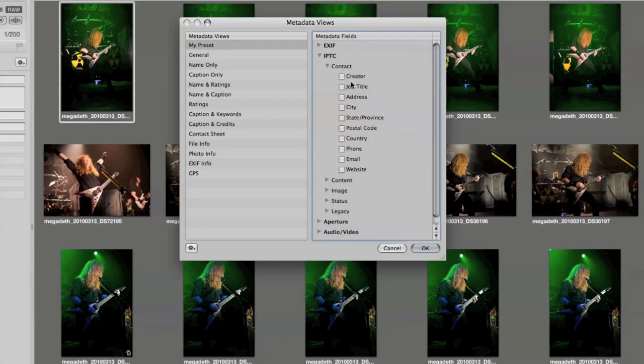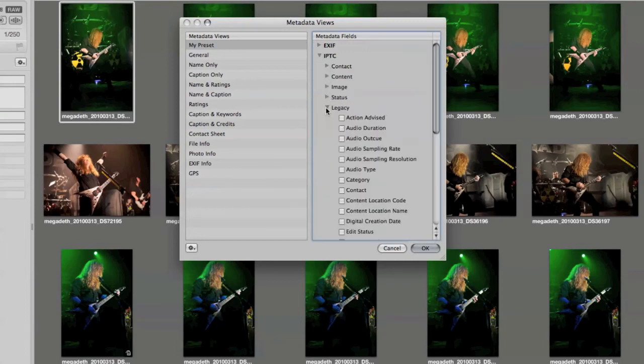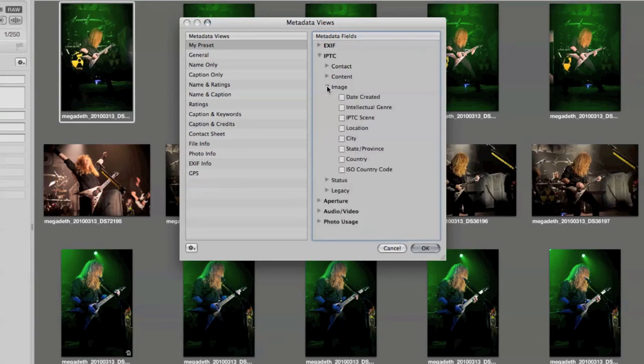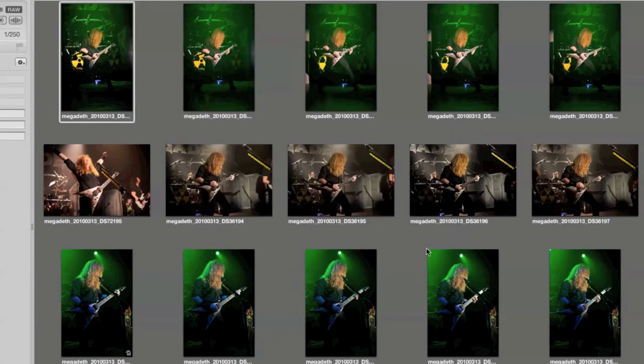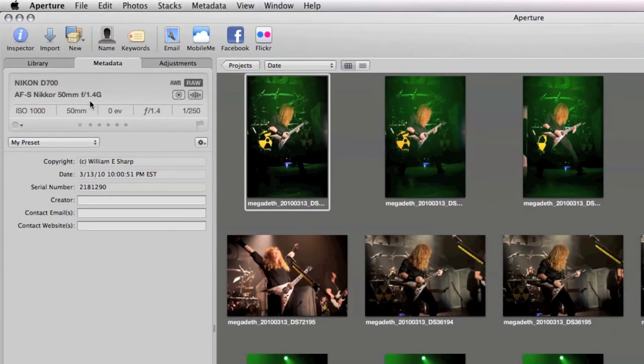So for this example we'll go for something nice and easy and say we want to be able to put in the creator's name, i.e. our name, email and website. I encourage you to go through each one of these and see if there's something that's more useful for you than for me, and it's a case of ticking the ones you want, unticking the ones that you don't want. Okay, so if we click OK, zoom out and zoom back into our little menu,